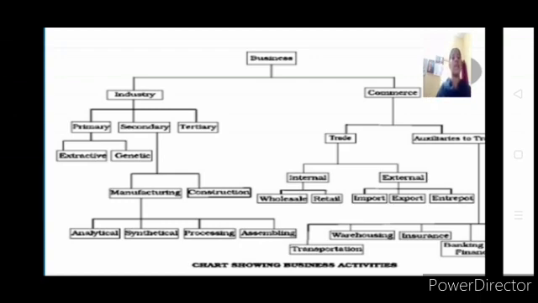Then comes the second part, auxiliaries to trade. They are just similar to your tertiary industries. What we study under auxiliaries to trade are the same as service industries, but the only difference is that under tertiary services, all the activities we carry on, like transportation, finance, insurance, warehousing, are concerned with the primary and secondary industry. In auxiliaries to trade, all the things we consider will be helpful for the trade.